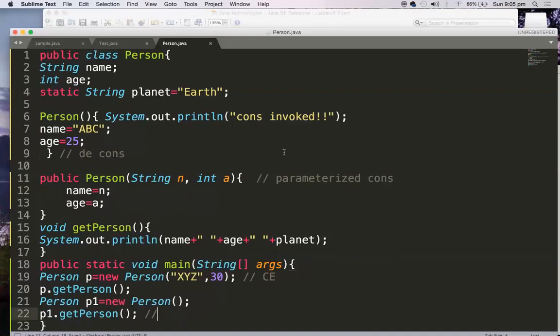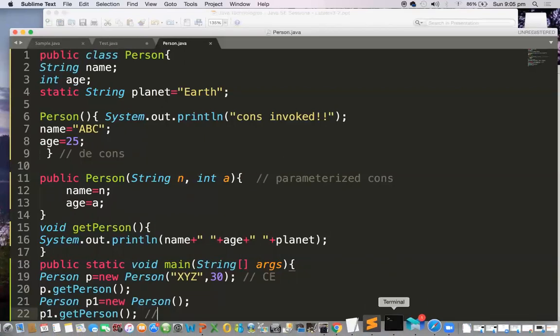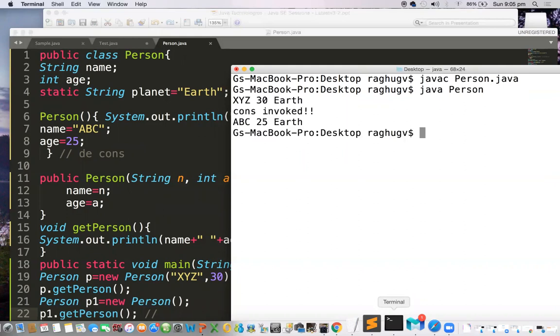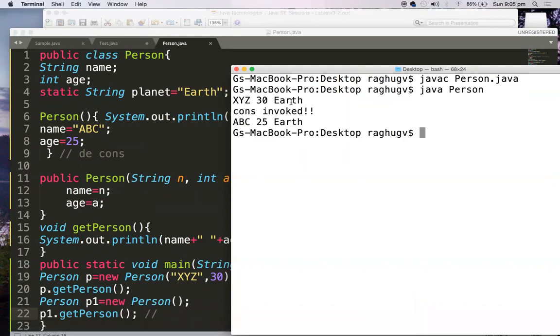So let me save this, compile it with javac person.java, compiled successfully, and then say java person. Now see the difference: xyz 30 earth, and then cons invoked. Whenever the person default constructor is called, cons invoked is getting printed, then p1 dot get person gives abc 25 earth. Okay, so this way you can also do it.